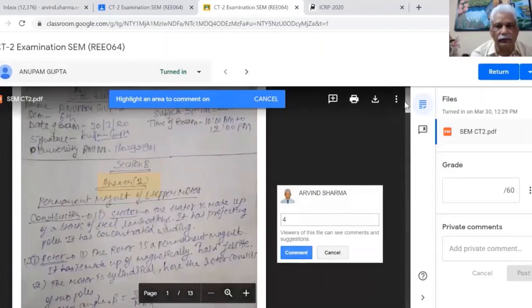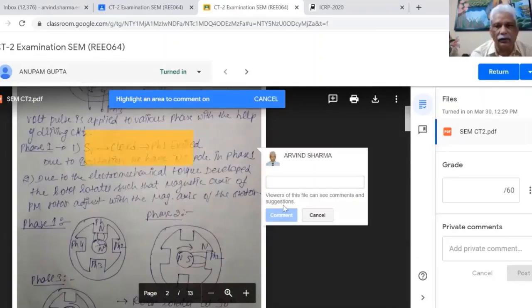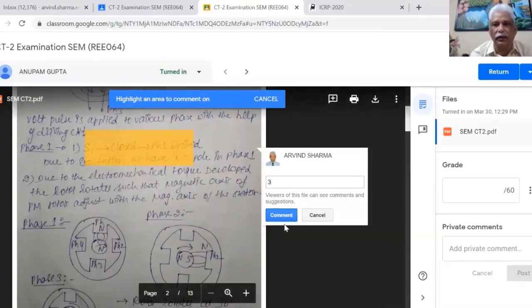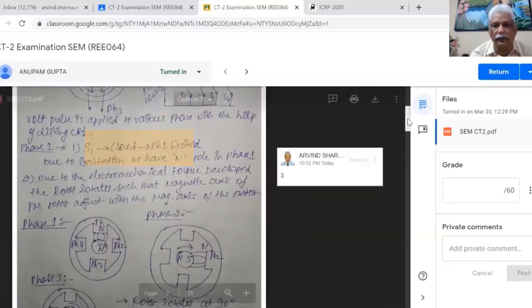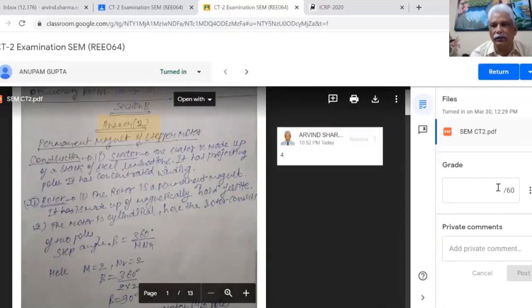So first question, this is second question. After reading, enter the marks here. Then while coming back, after awarding the total marks, fix it and carry on adding 3 plus 4, 7. So we can add 7 marks here. I have not completed it. So if I return it here, then it will be going to the student, but now I will not declare the result. So I will evaluate all the answer script first and then return to the students.